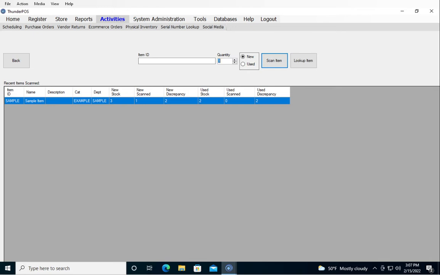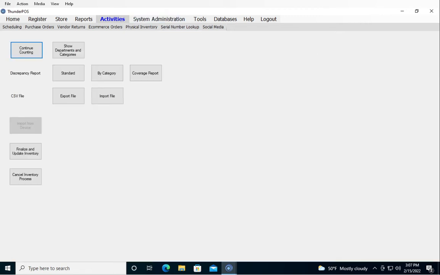You can scan a quantity by just filling in the quantity. You can also remove an item by scanning a quantity that's negative. So if we scan -1 sample, it goes back down to 0 new scanned. But we'll scan in the 3 new copies, but not the 2 used copies, just for the purposes of this test. So when we go back here, we can see our discrepancy report,